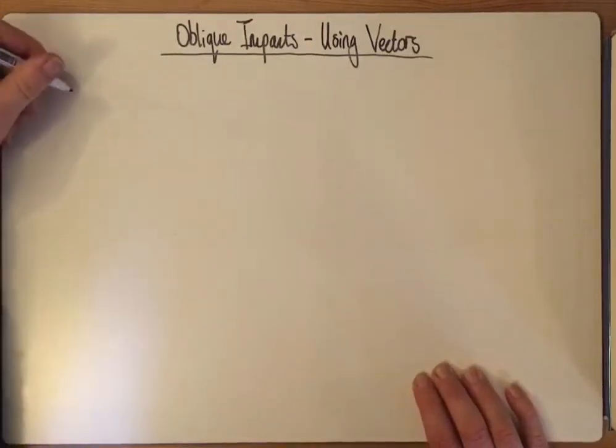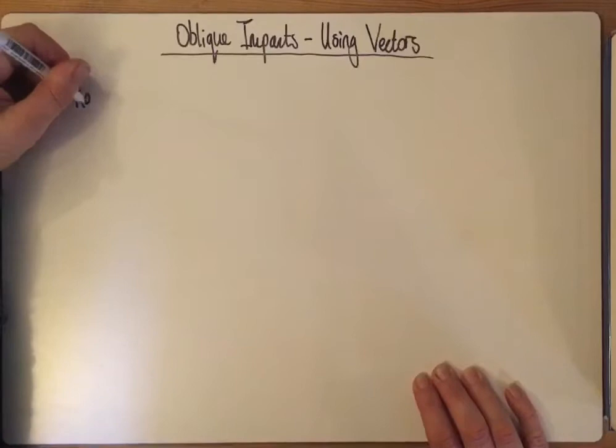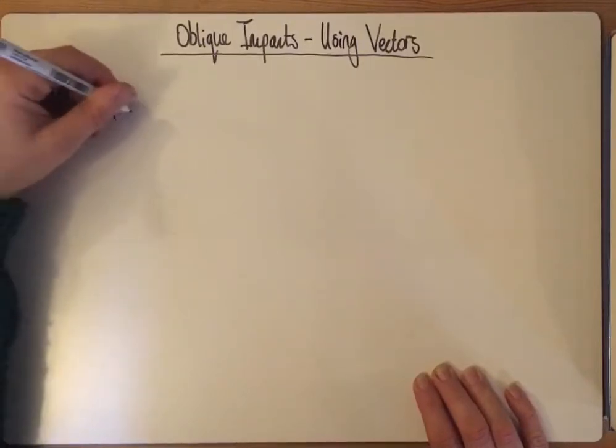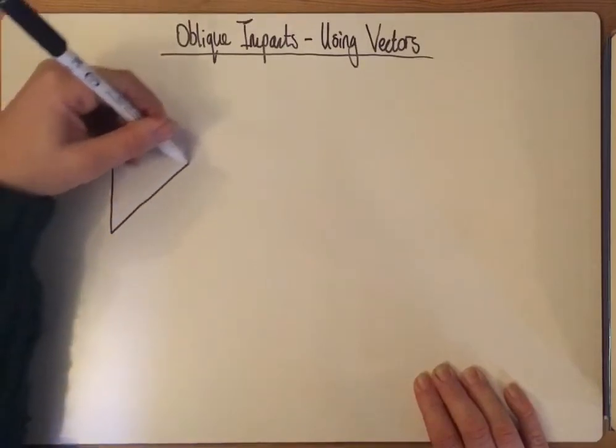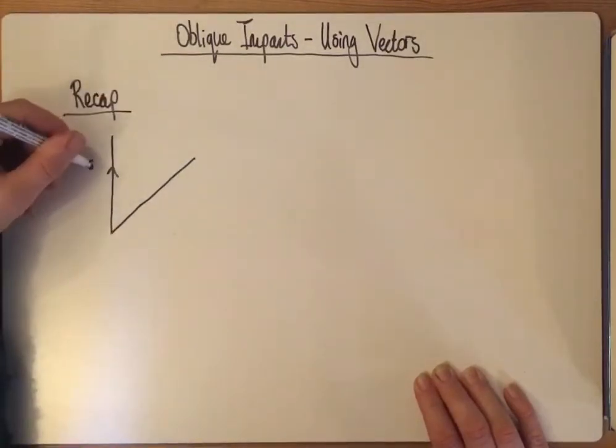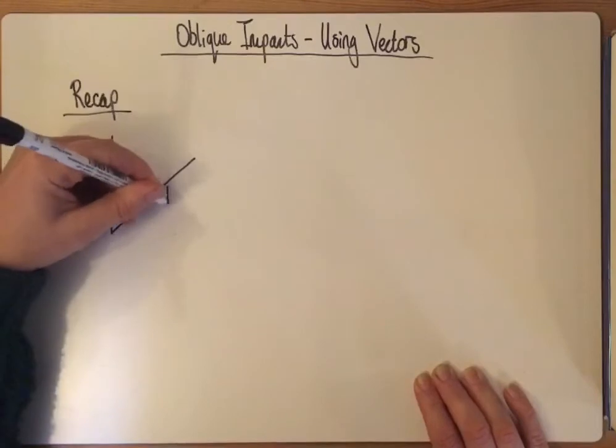So we're going to be using the dot product actually. So we'll do a recap. To find the angle between two vectors, A and B,